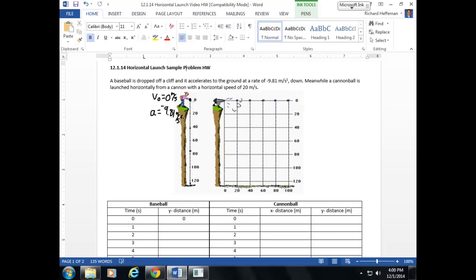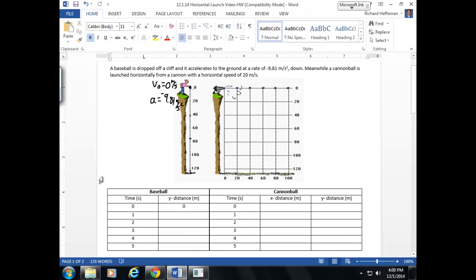And it wants us to figure out the y distance that the baseball has traveled after 1 second, 2 seconds, 3 seconds, 4 seconds, and 5 seconds. So I'm going to do one of them, and then I'll let you guys do the rest on your own. And the one that I'm going to do is I'm going to just randomly pick 3 seconds. So we'll say that the time equals 3 seconds. So we know that V0 equals 0 meters per second. It accelerates at negative 9.81 meters per second squared. The time is 3 seconds, and we want to know how far that thing has gone vertically in that time